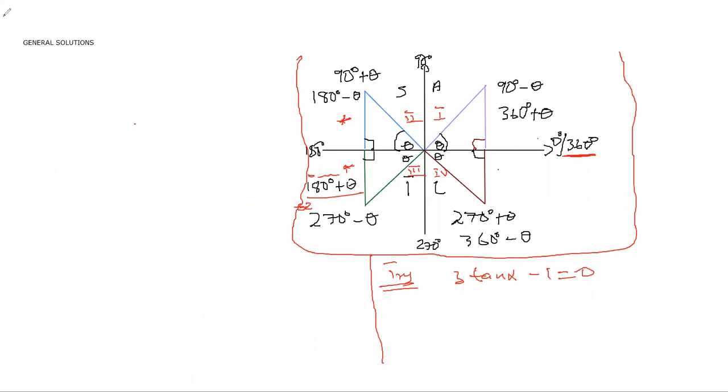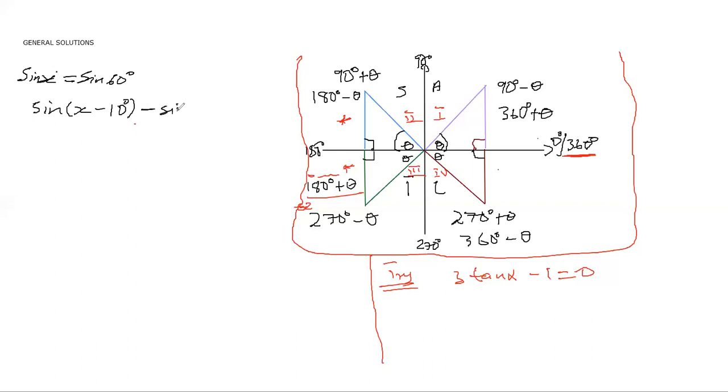You either get something that says, well, sine x is equal to, for example, sine 60. Or they can try and mess around with your mind a little bit and say, well, sine x minus 10 degrees